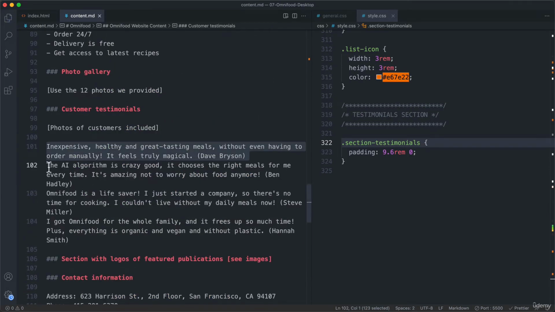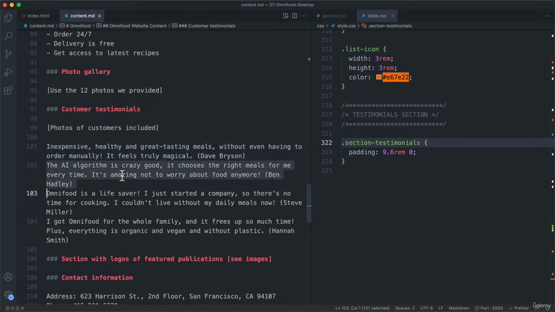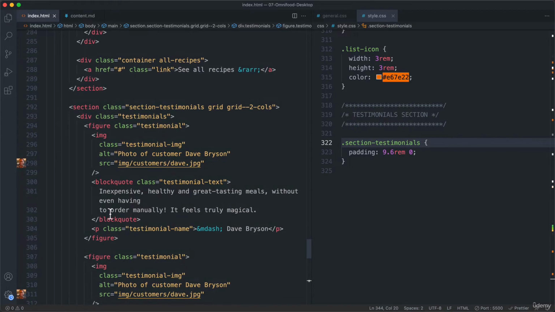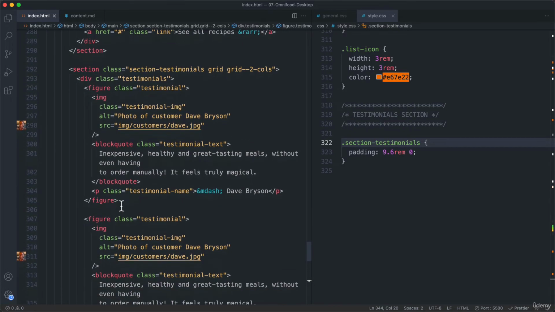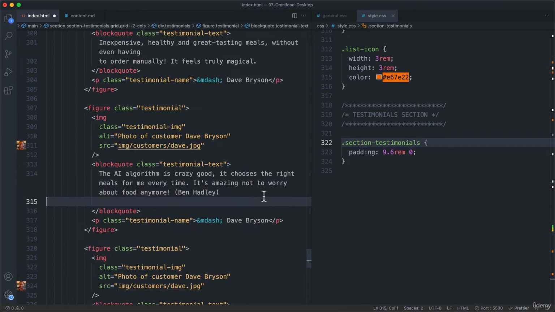And the next one is, need to go back. Let's copy all this, and I will immediately paste it actually into this block quote element. And then we just remove the name here. Also here, and then